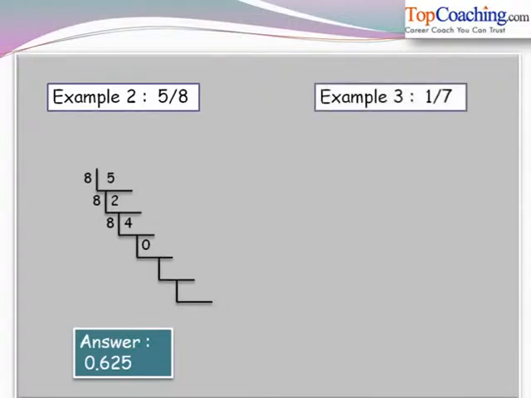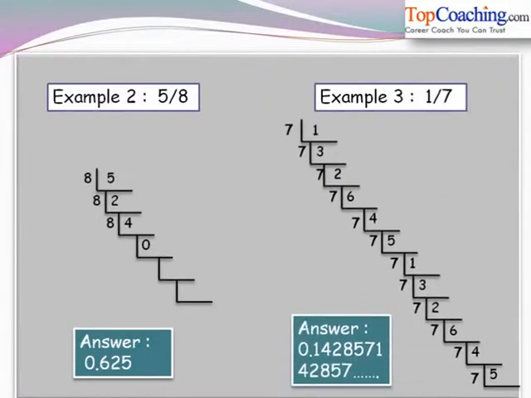Let's take one more case, 1 by 7. Now this is again a real number, and when we divide 1 by 7 we get a very long procedure and the answer comes out to be 0.142857. So there's a cycle of 142857 and again it repeats after the 7. So after this again we would get 142857 and this cycle goes on continuously.